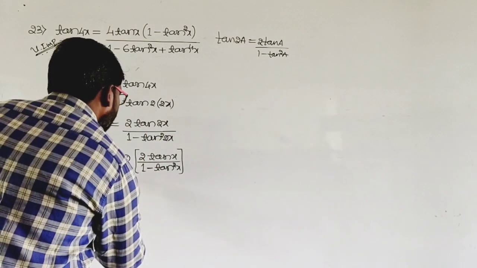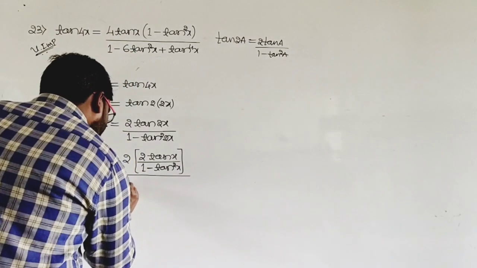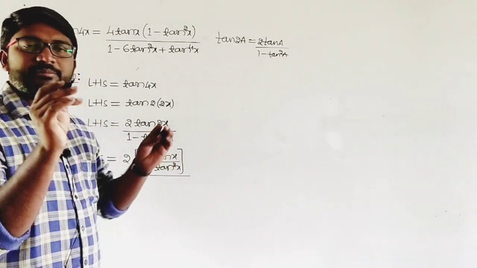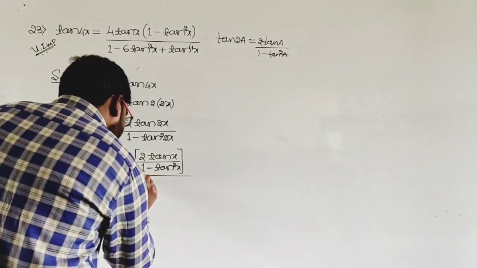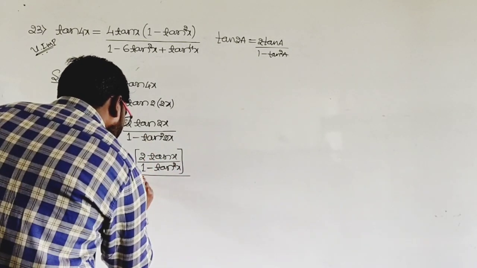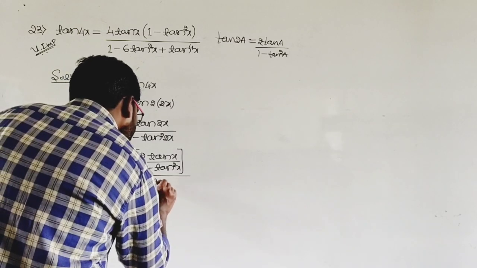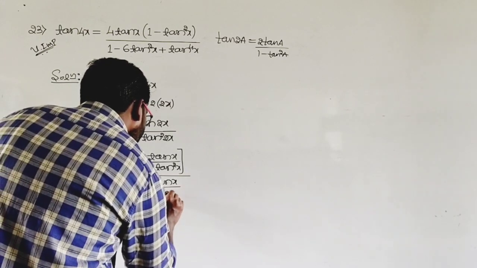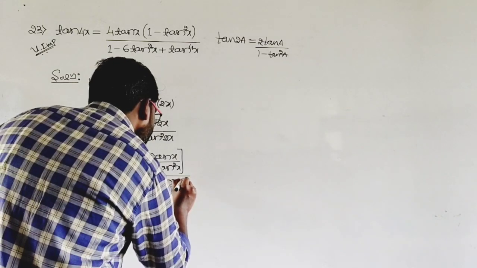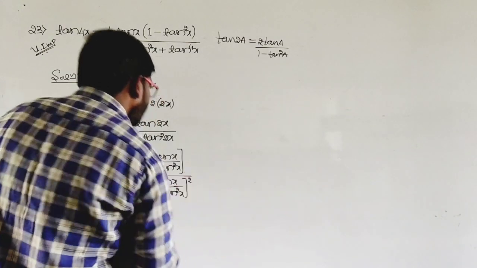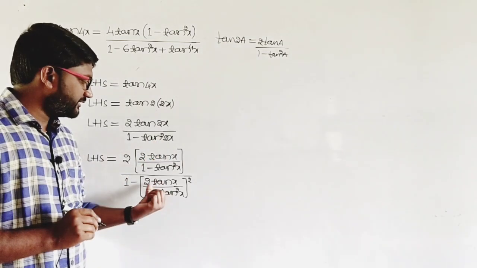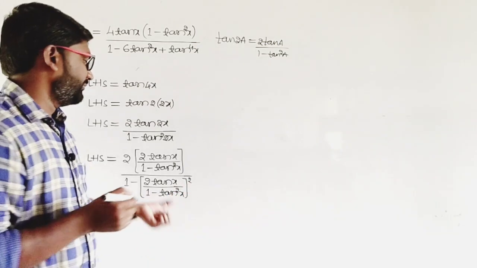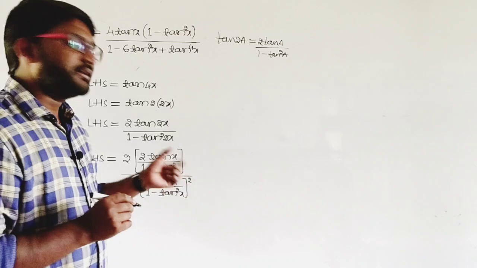Then whole divided by 1, I write it as it is. Then minus, here we have tan square 2x. We have to write the formula of tan 2x, then the whole square. So let us do that now. It is 2 tan x divided by 1 minus tan square x, the whole square. See here, in place of tan 2x I have written 2 tan x divided by 1 minus tan square x. Then here we have the square, that is I have written whole square. We have to simplify this particular term.